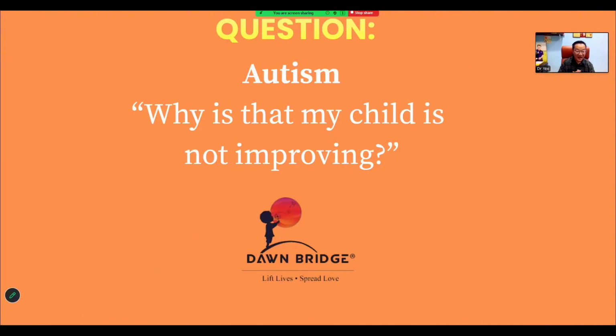The last one is the high functioning type. The word itself already tells you that they are very high functioning. They are very smart. They can go to school, they can go to college, they can even graduate from university. However, they have poor social skills. Because of poor social communication skills, they always have anxiety, especially when it comes to two-way communication, three-way communication, or group discussions.